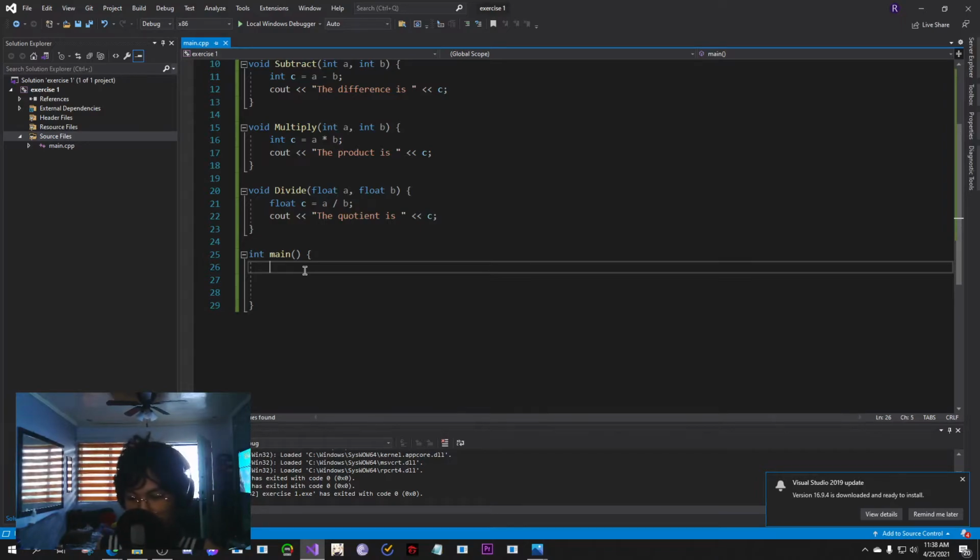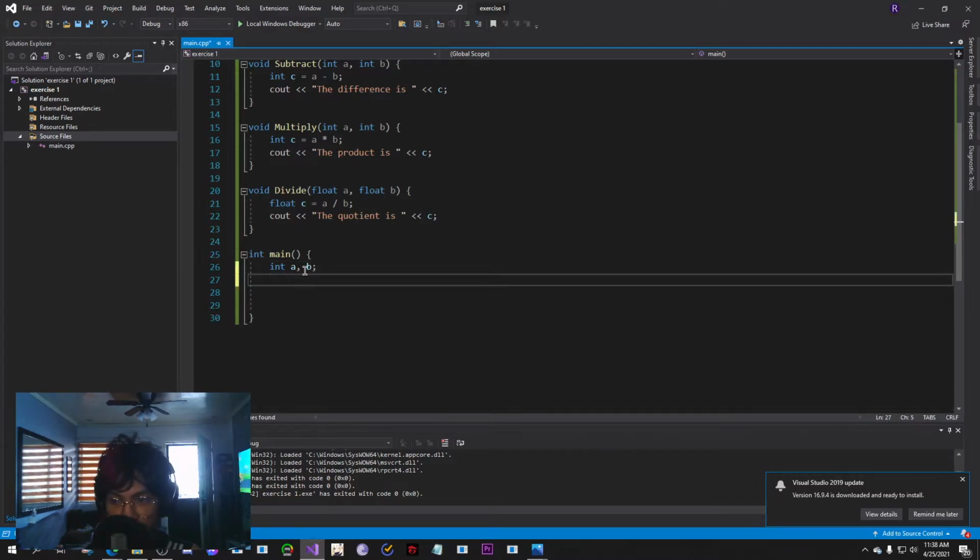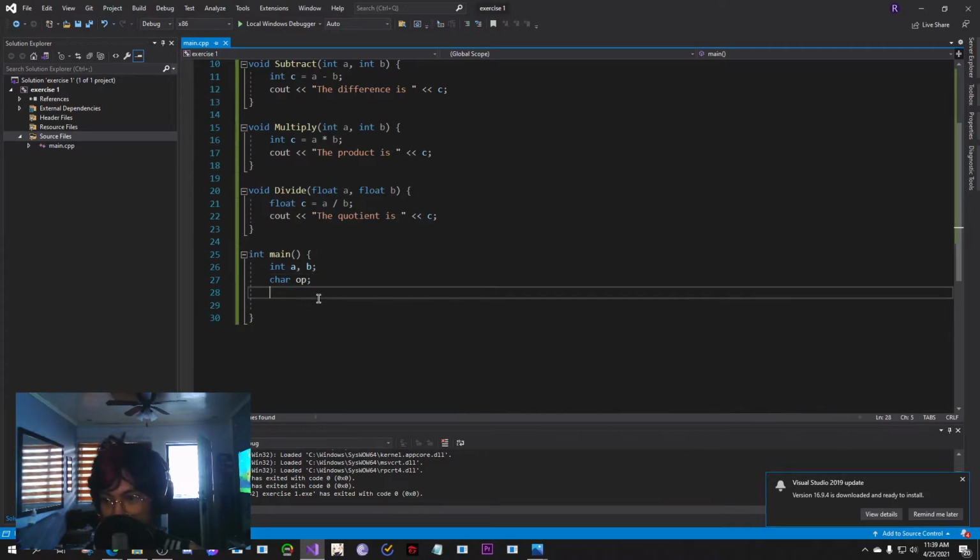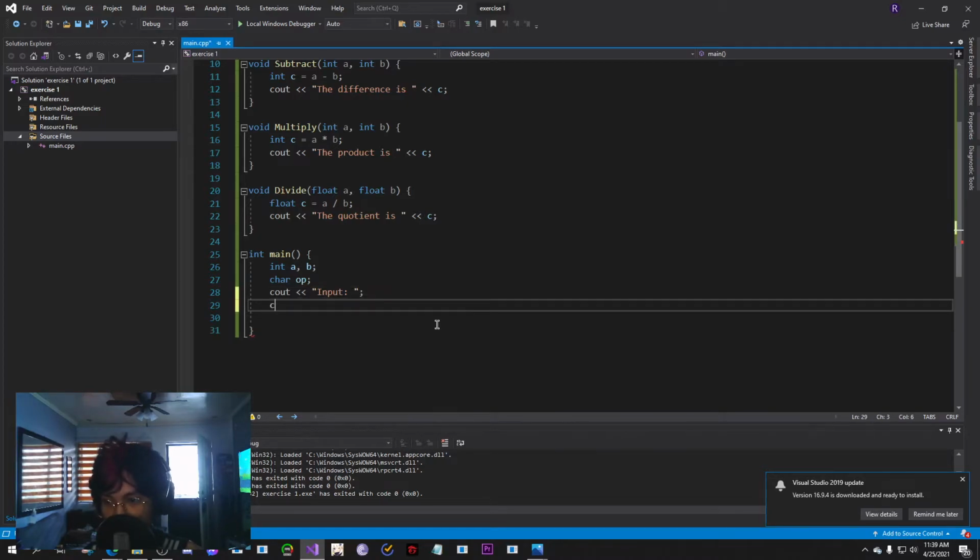So we already know that we need our first 2 input variables, and then for our operation we actually need to put the symbols now. So we're gonna use a char data type where we can store the operation. We're just gonna call it op. Okay, and then if you remember earlier how our cin works, so let's do input, just plain input here, and then when we cin,